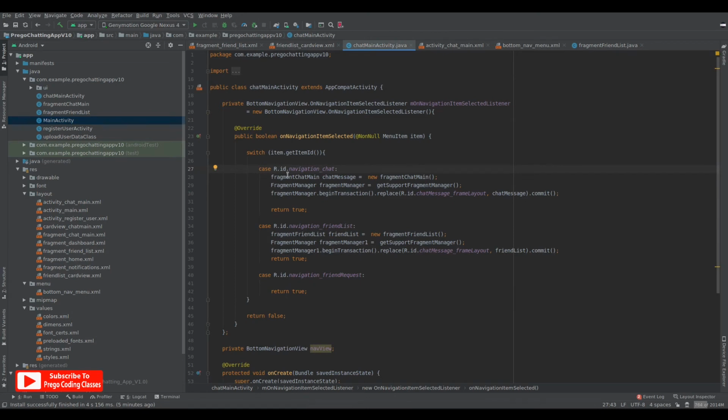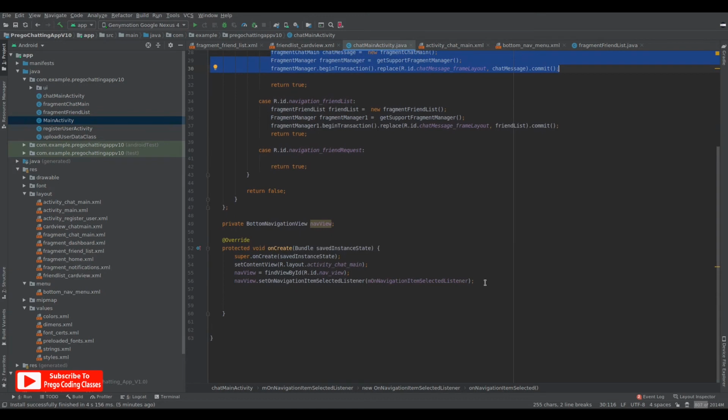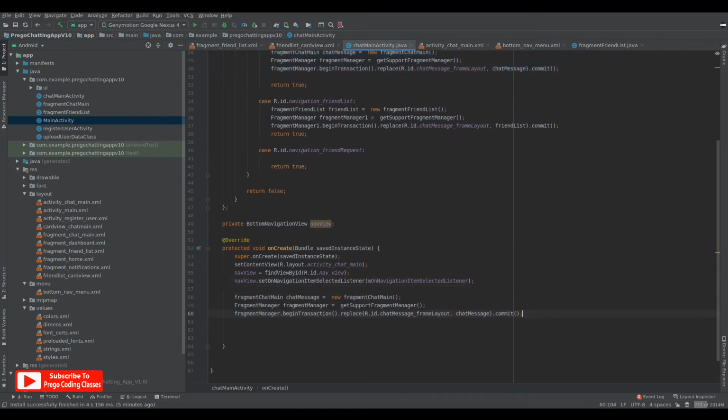Let's just copy this whole bunch of code and paste it under onCreate, because we want to open the fragment chat main by default when the activity fires up, when the chat main activity fires up.